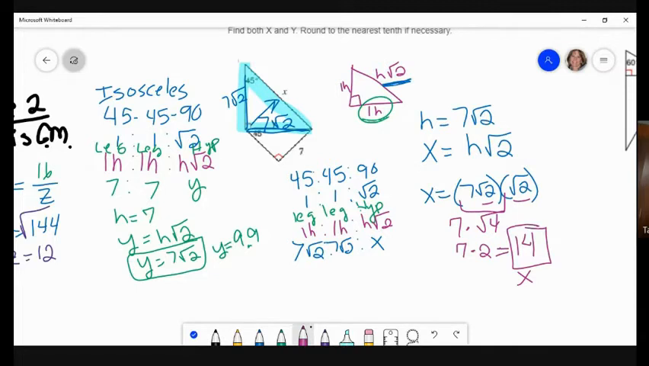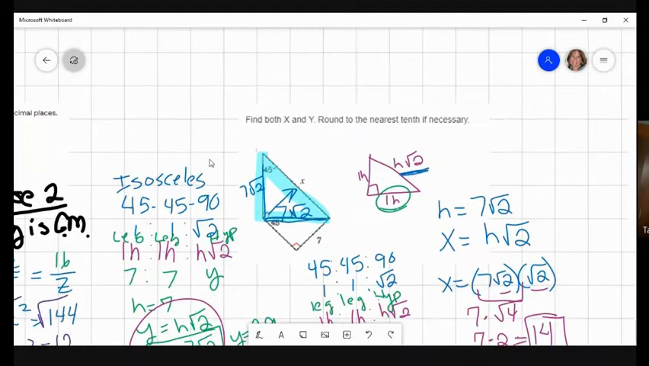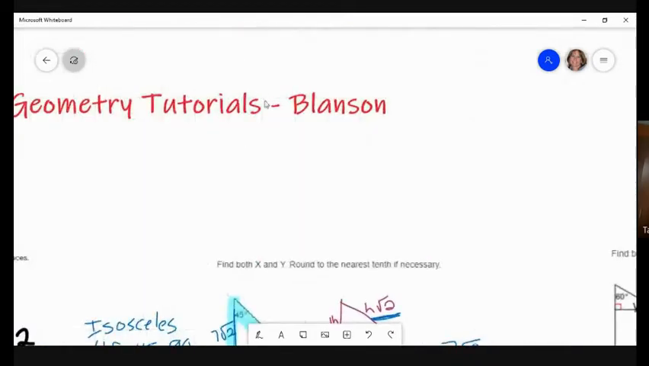All right, what do you have a question on? How do you get the 7 square root of 2? Okay, so the 7 square root of 2 came from here. All right. So let's see. Let me actually do this real quick. I'm going to move my screen real quick. So if we kind of back up a little bit,